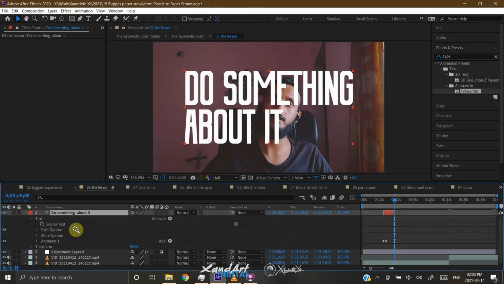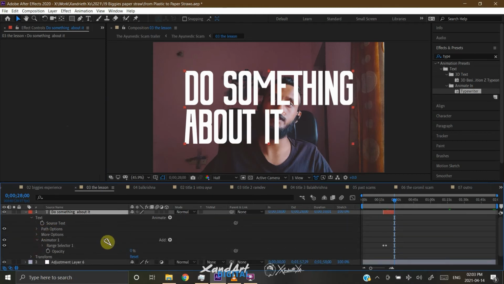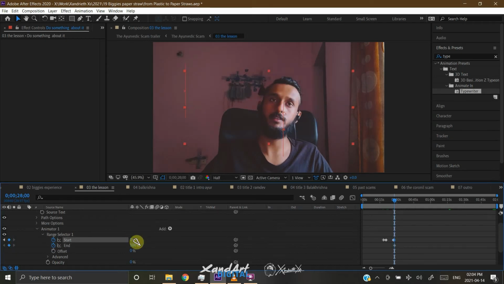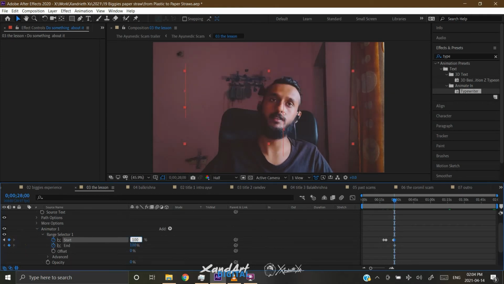Now you can custom modify the default settings by going in the drop down menu of your text layer. Just click on the down arrow and then you'll get an option of text. Under that, once you click that, there will be another drop menu, and in that you'll get several options, and one of them will be animator 1, which is the animation you just put, which is the typewriter animation.